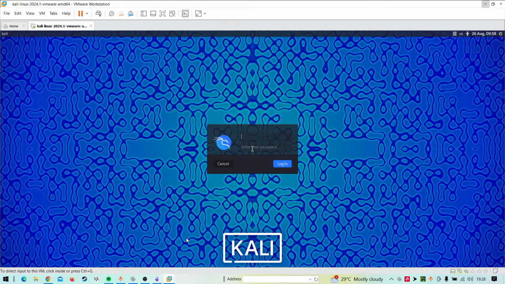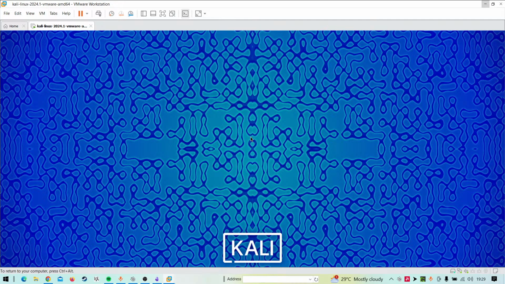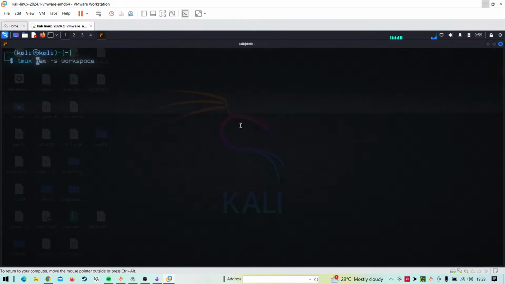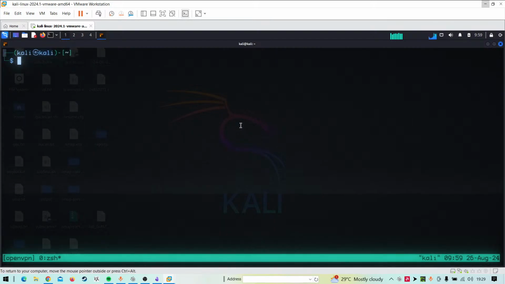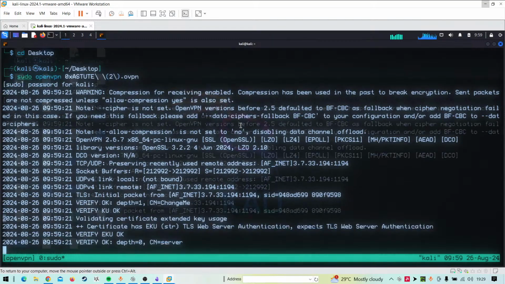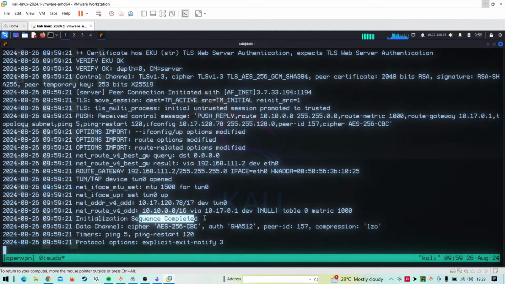And we need nmap, right? So let's first configure OpenVPN on my desktop. If I just do sudo openvpn and connect my VPN, you can see the sequence is completed.